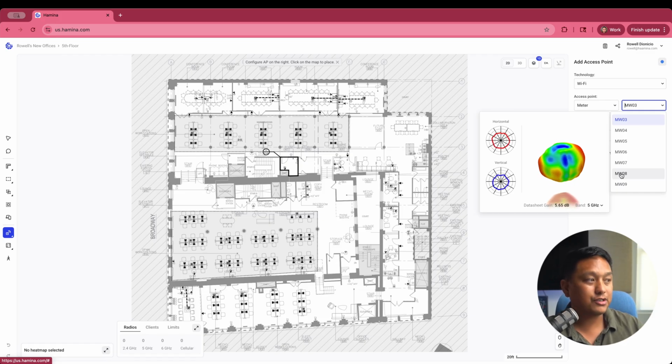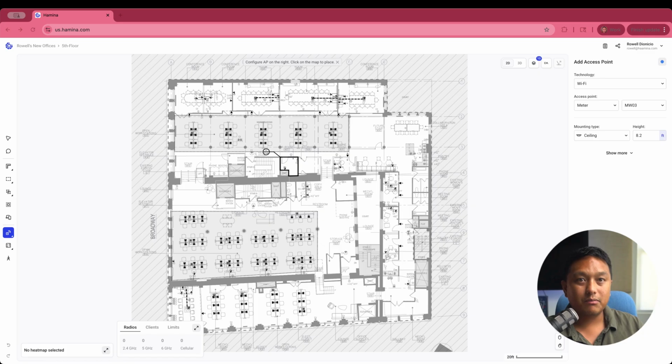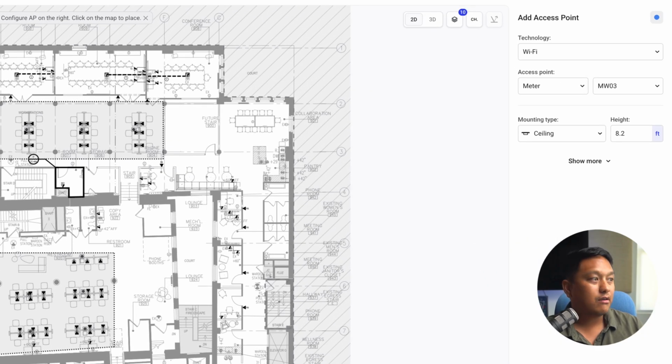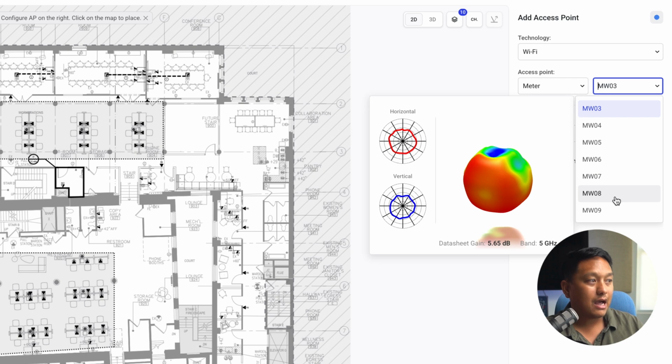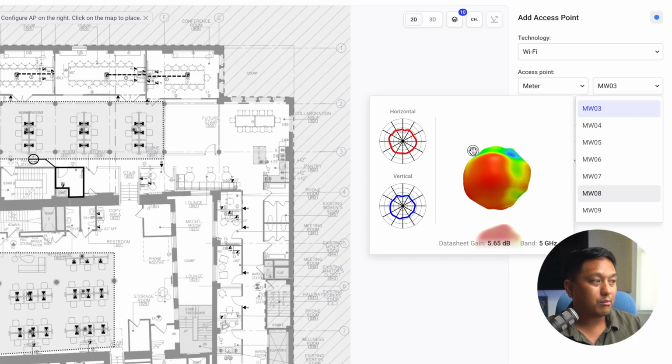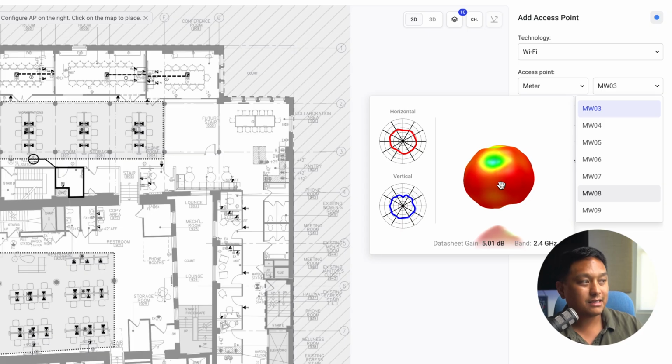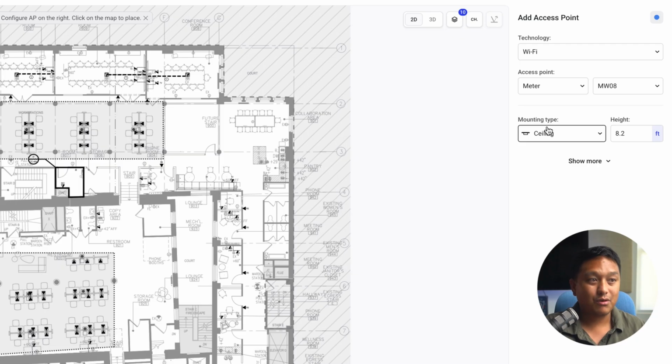What's nice about Hamina is you can actually see what the propagation pattern would look like for a specific access point. I have this MW08 here in my lab environment, and this is what the propagation pattern looks like for this AP if we were to ceiling mount it. If we were to wall mount it, it would look very different, something like this. You can see the datasheet gain, what it looks like for the given band. I think that's such a useful feature if you're trying to understand what it means when you select an access point, because every access point has a slightly different